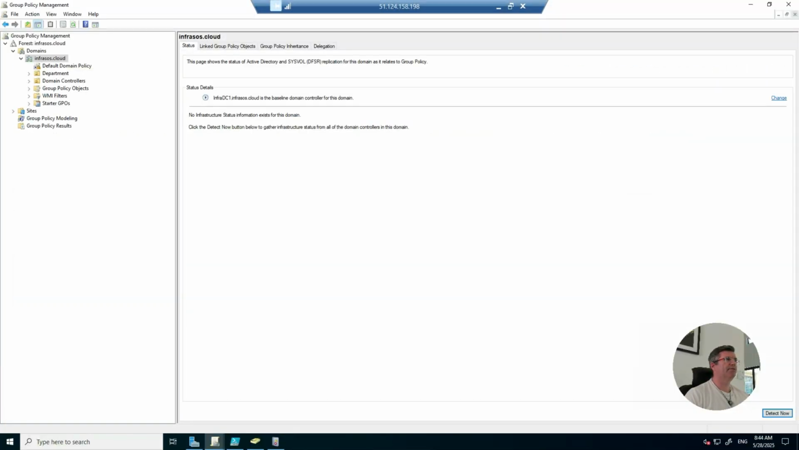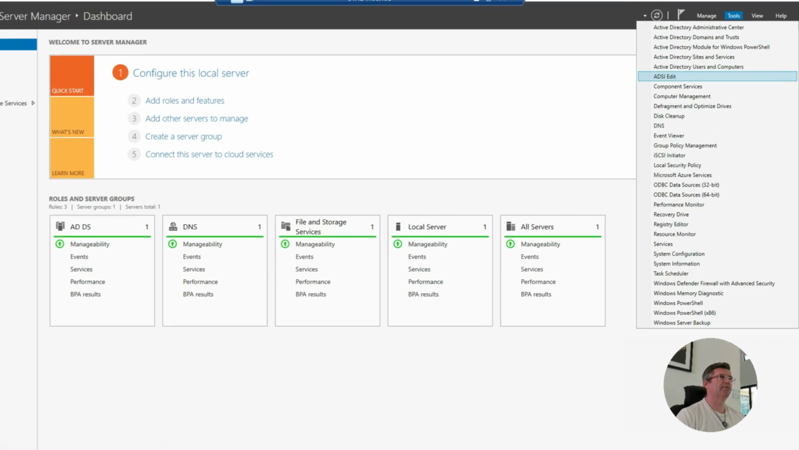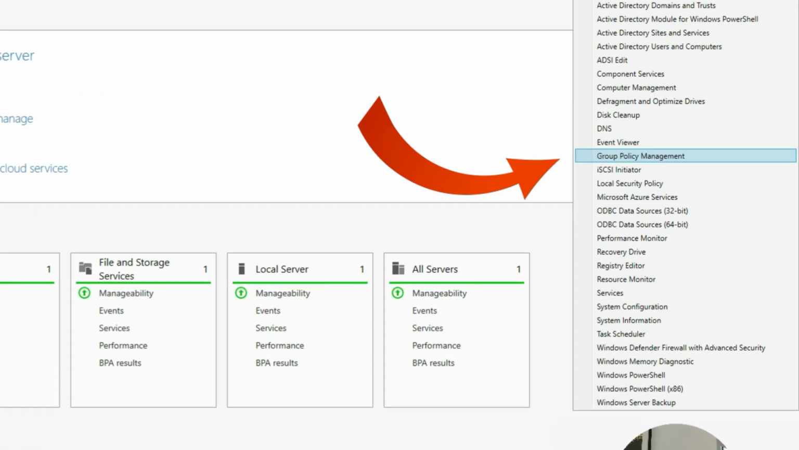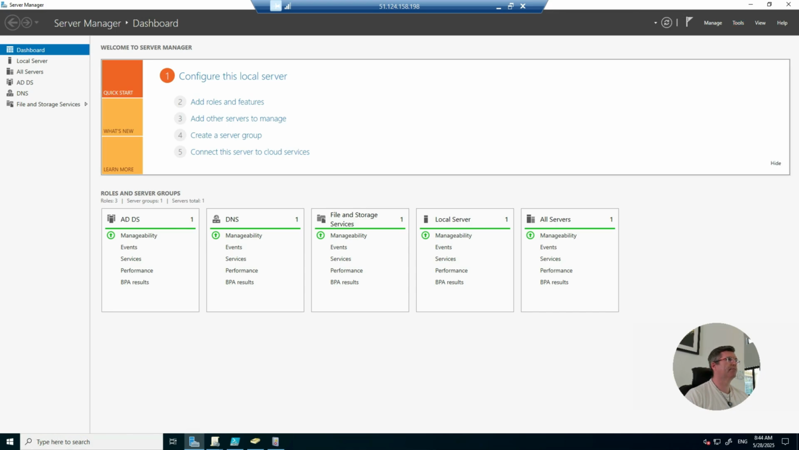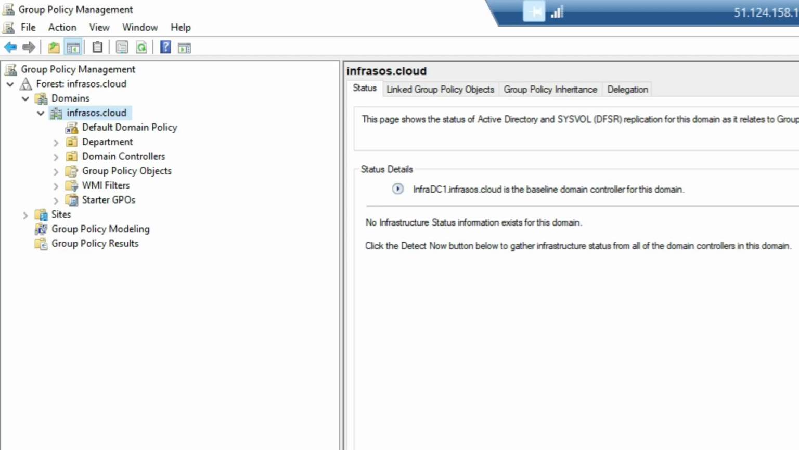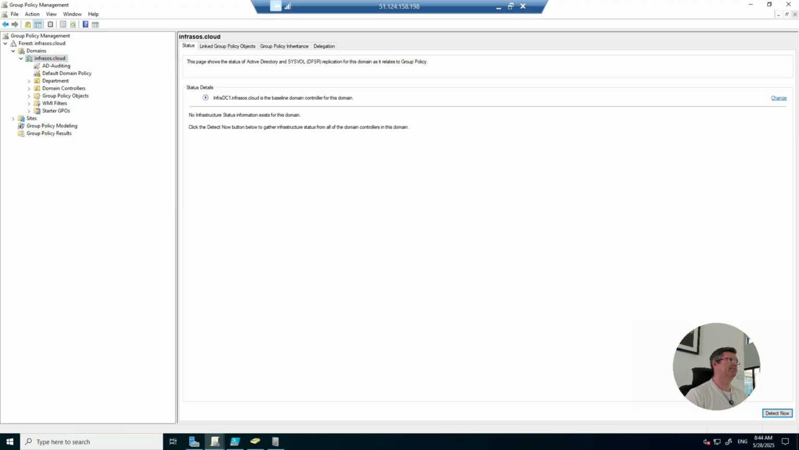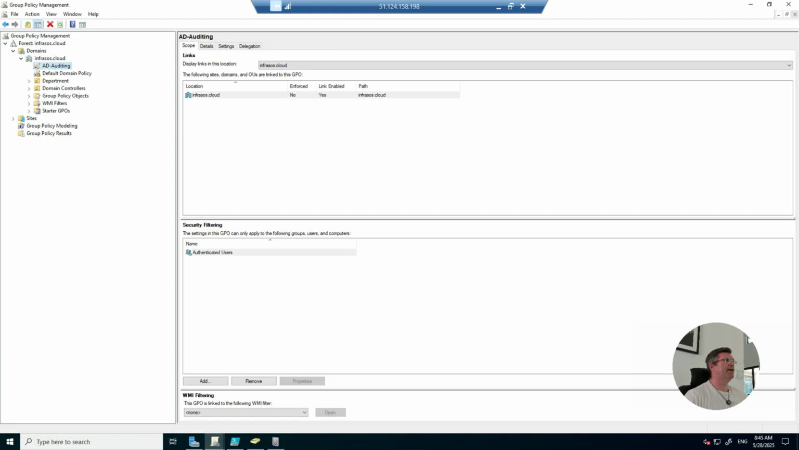Okay, so I'm now logged in on my domain controller and I've opened up Active Directory Group Policy Management from Tools within Server Manager. And then from here, I'm going to create a new GPO. So let's call it AD Auditing. Right, so now I'm going to want to edit it. So right click,